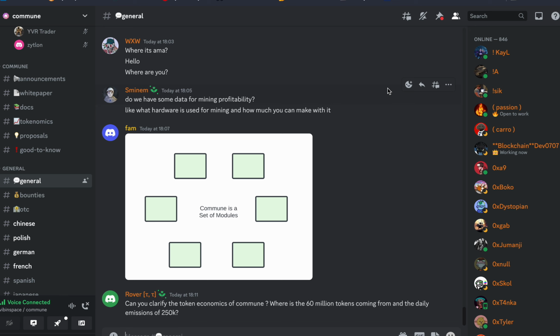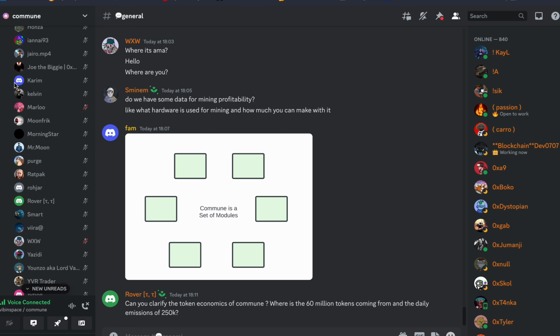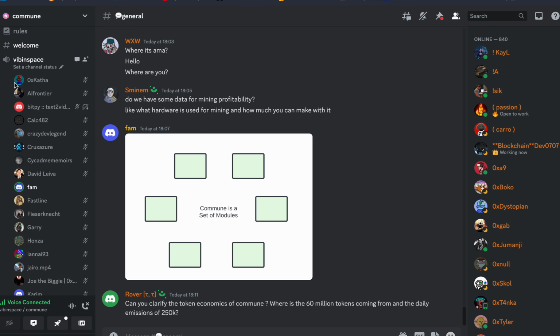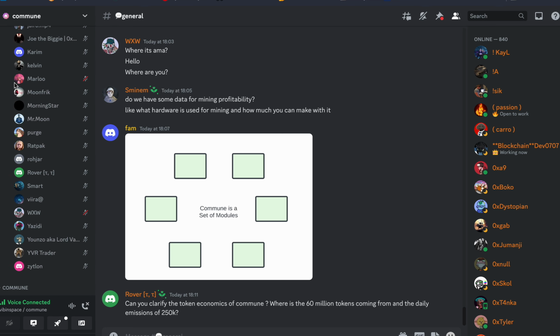Right now we're running at 250,000 tokens a day being minted. Half are distributed to the voters, half to the miners. We also have a trust score, as I said. It's simple: when you register a model on the network, you can then vote for other models on that network. The amount of votes you get is the amount of score, the amount of emissions you get.